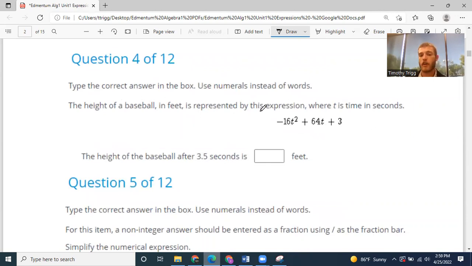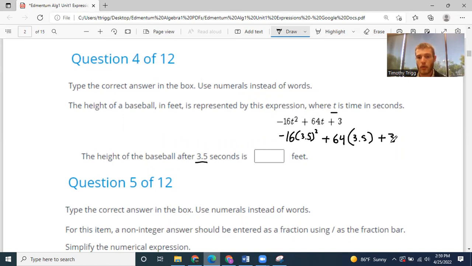Okay, this one's very similar. This time we're replacing t with 3.5 because it says 3.5 seconds. So we're going to replace the t with 3.5. Does that mean we replace both the t's with 3.5? Yes, we replace every t in the expression with whatever we're saying here. So that's going to be negative 16 times 3.5 to the power of 2. We usually call that squared. Plus 64 times t. So that's 64 times 3.5